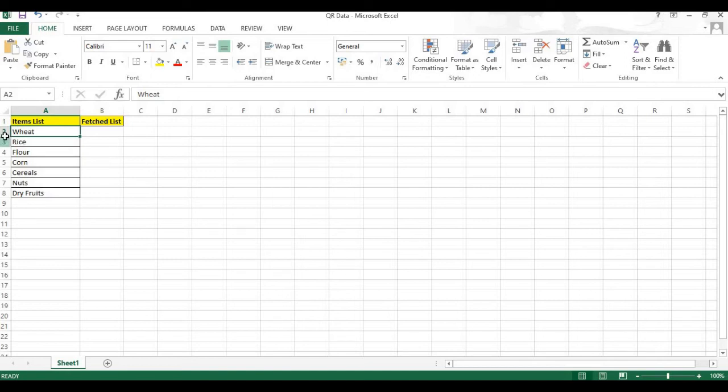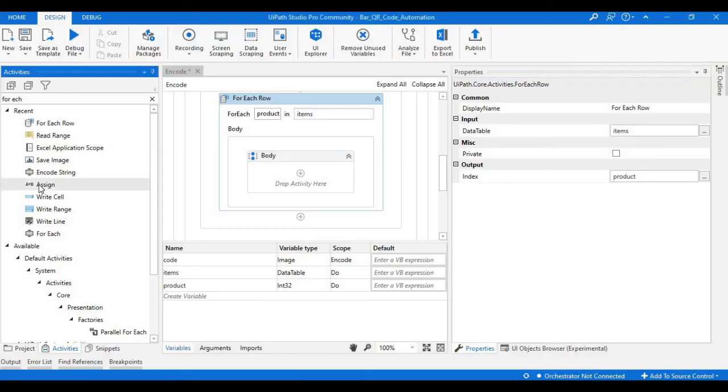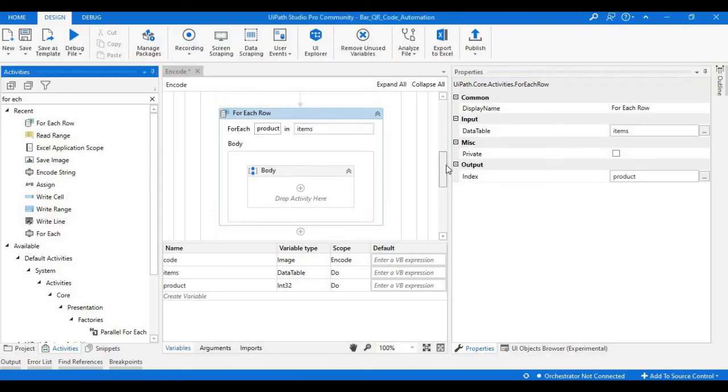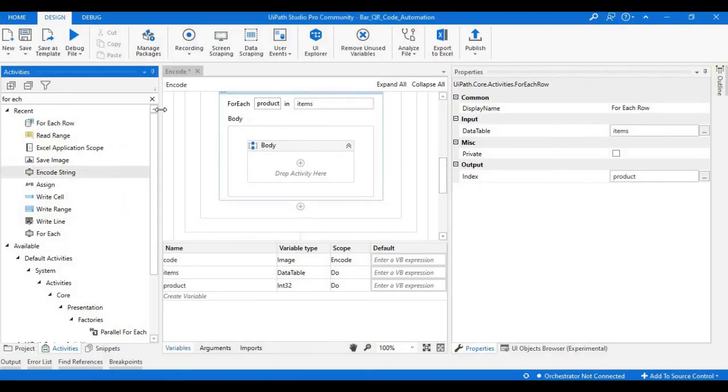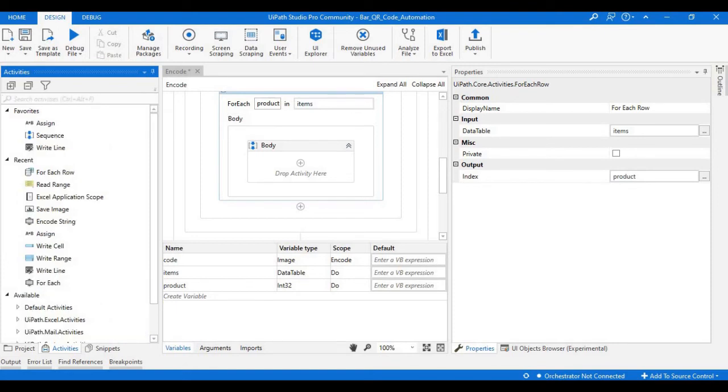During the first iteration it will point to wheat, then to the rice row, then the flour row, and then the corn row. Like that it will fetch the details one by one. And here in the body, we need to use get row item.